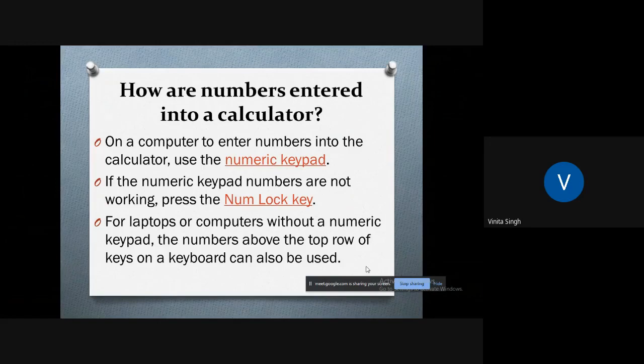If the numeric keypad numbers are not working, press the numlock key present near the numeric keypad. For a laptop or computer without a numeric keypad, the numbers above the top row of the alphabet keys on the keyboard can be used.